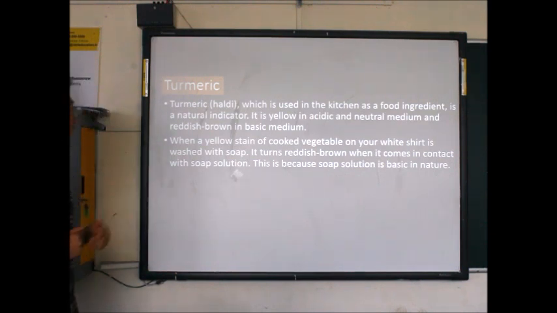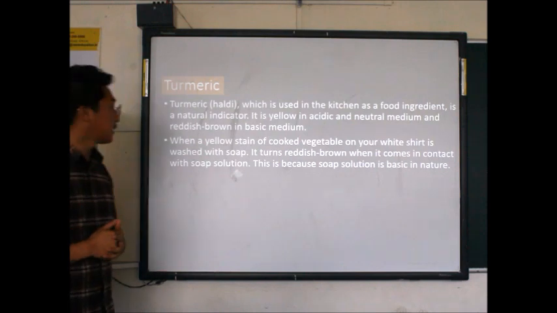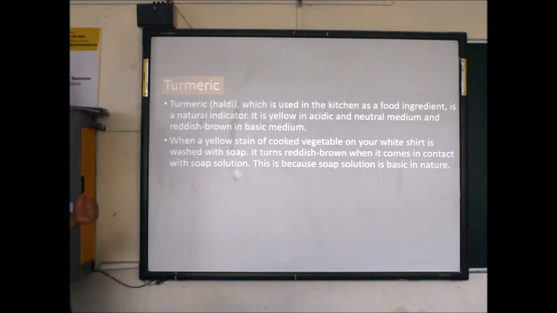Next, when a yellow stain of cooked vegetable on your white shirt is washed with soap, it turns reddish brown when it comes in contact with the soap solution.